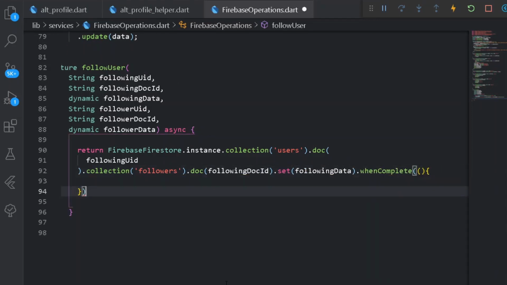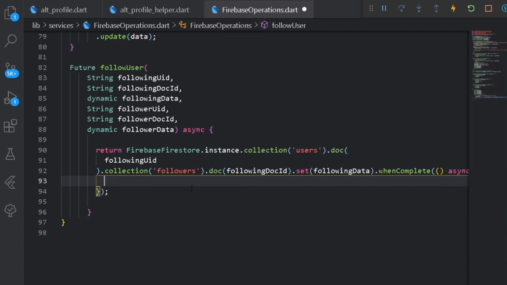So here under setting data, I will be simply writing following data, and here we shall be adding when complete phrase. So here under when complete, first of all let's make it asynchronous, easy. So here when the following process is completed, all the data of the person who is followed by Flawless Hero shall be included. We shall also be adding the data under a field of our Dungeon Master, that is under his following list.